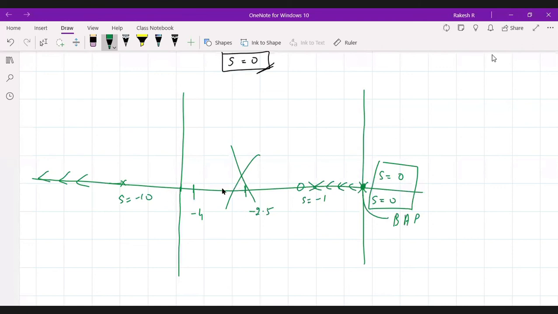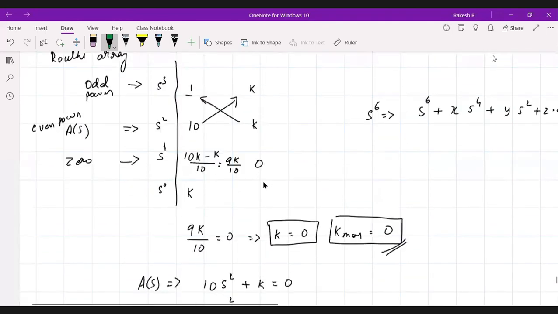So what they do, they have one root coming like this. They'll write here, it is the breakaway point, and they will get stuck here, because they know this is a breakaway point and they can write like this, but they don't know more, and they will write like this completely. This again is a wrong thing. They will be taking this as one more pole here. And some of the students are writing like this: one root is going towards the left, and towards the right, one more root is going. Right? So be careful with this type of question.